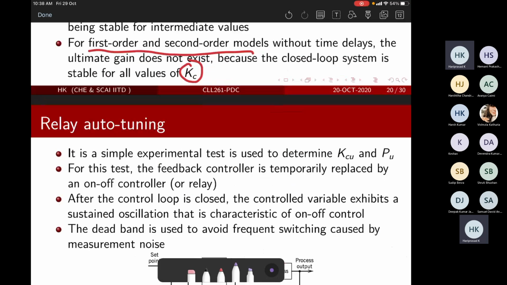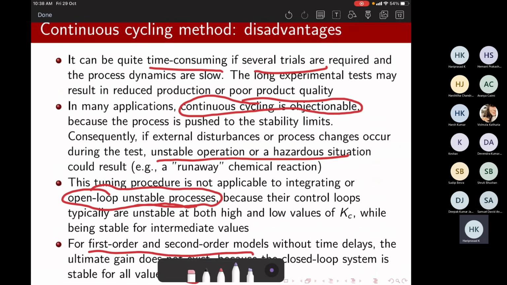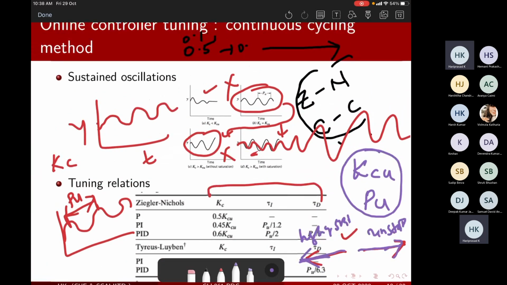So any doubt on this? Anything that is not clear? Am I making sense to you? Yes, sir. Hello? Am I audible? Any issues in my voice? No, sir, no issues. Okay. So shall we go ahead? Okay, so